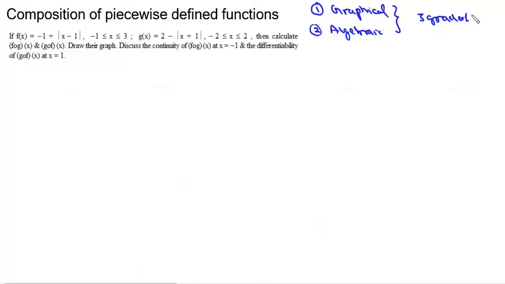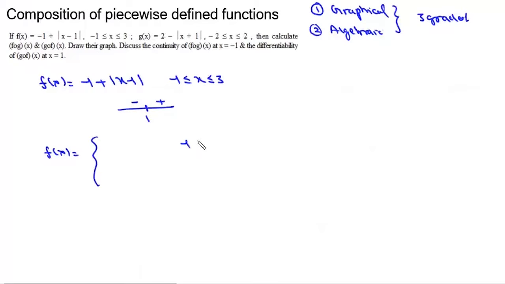Now, this first example is we are given this function f(x), which is defined as minus 1 plus mod of x minus 1 when x lies between minus 1 and 3. Now clearly f(x) is a continuous function and we have this mod x minus 1. Now root of x minus 1 is 1, right of it plus, this is minus. So when x is less than 1, it takes a negative value, and when x is greater than 1, it takes a positive value. So we can write this function f(x) as,